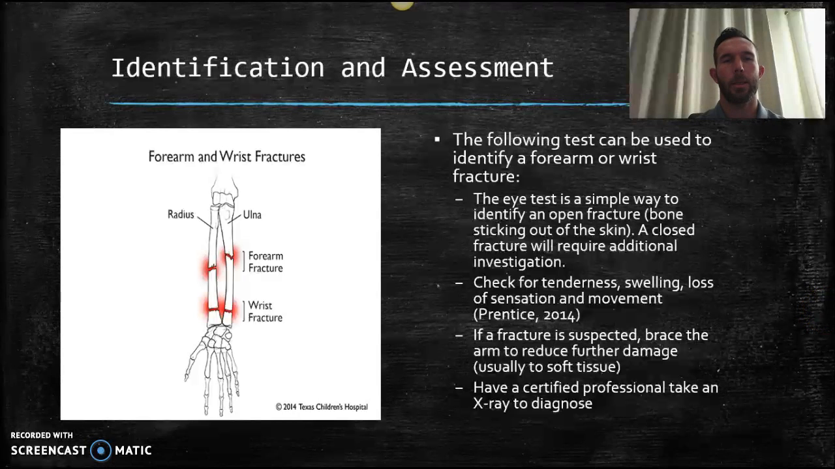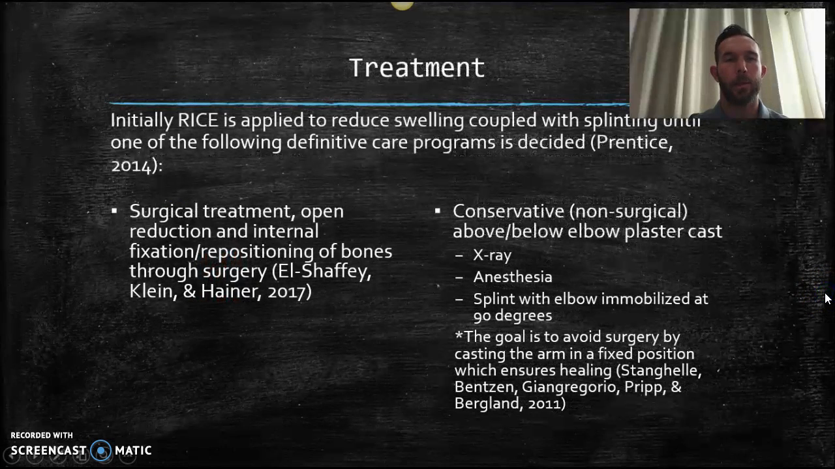So the identification and assessment, the best way to tell is the eye test. If there's any type of deformity or a false joint, that's an immediate indication of a fracture. You can check for tenderness and swelling and sensation and movement. And if you suspect a fracture, then you need to brace it until you can get it x-rayed by a professional. So initially you'll RICE the injury, splint it until you know which definitive care program you're going